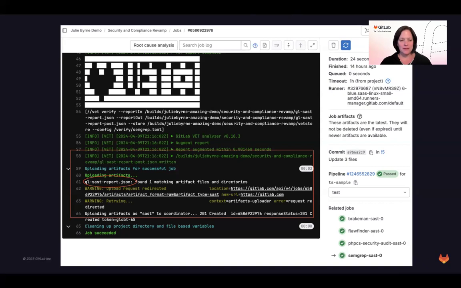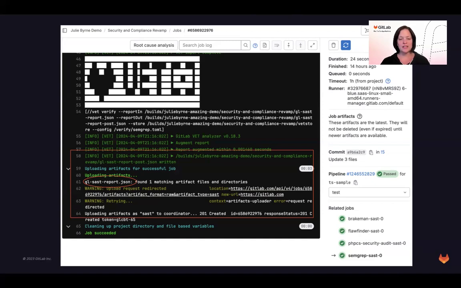Now, you want to be a little bit careful here because some things can go wrong. Either for some reason a report can't be uploaded if the scan didn't execute successfully, so you won't see reports, you won't see the vulnerabilities from that scan. Even if the scan ran and then somehow the artifact report upload got messed up, you won't see the results of the scan. So keep that in mind.